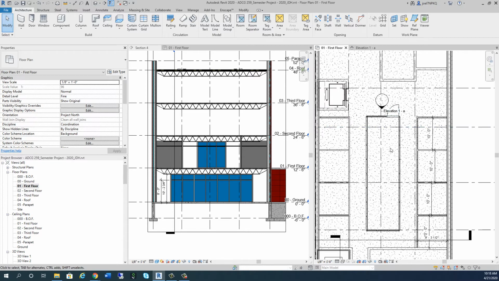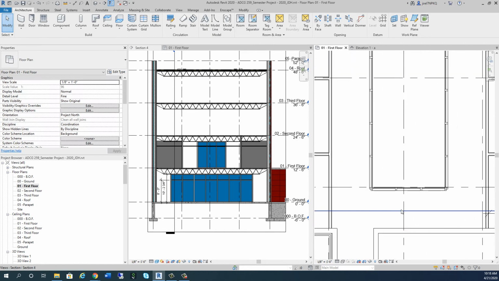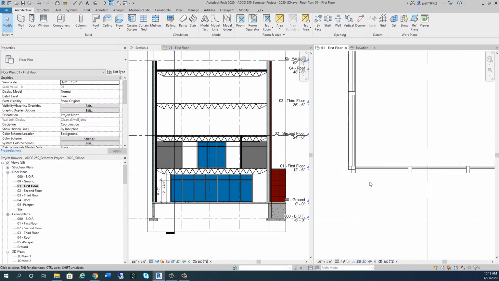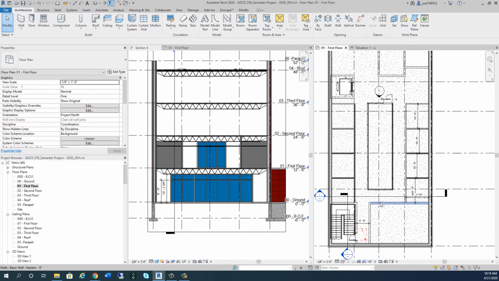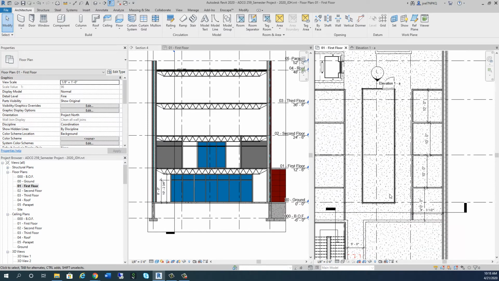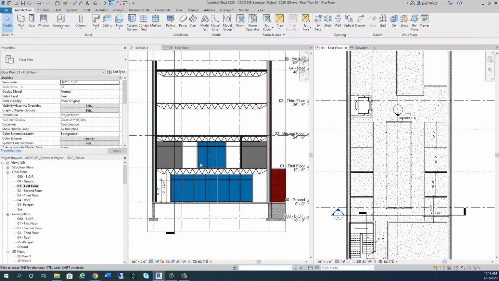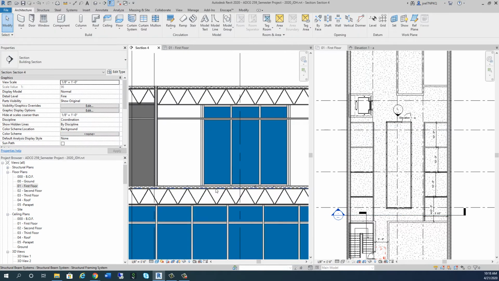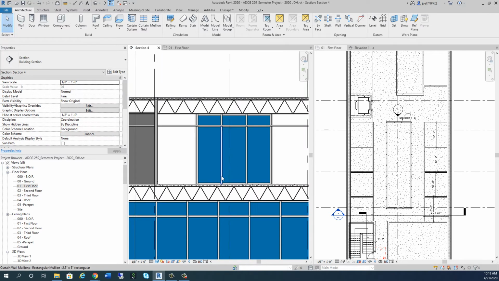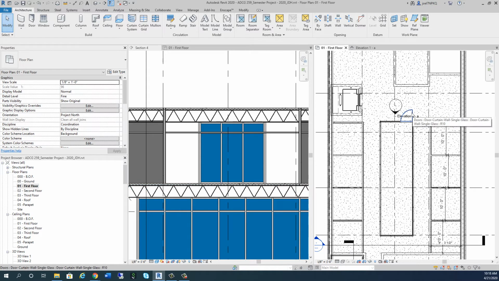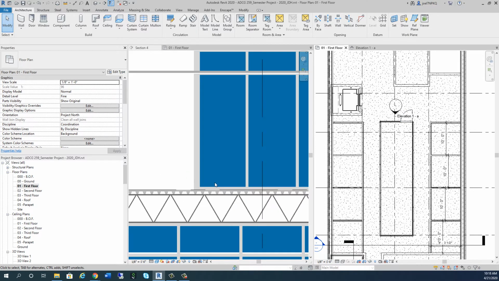So I've got that door into that lab, and what I'd probably do is go ahead and do the same thing on this side. You see where I'm at on this side? So what would I have to do to get that right? I'd have to create another elevation, or I can just use this section here to do that, right? So where am I at here? I'm in this particular panel, right? And I want to make sure that I get it similar to the size here. So what can I do to do that? Well, I can come in here, and you know what? Before I even do that,